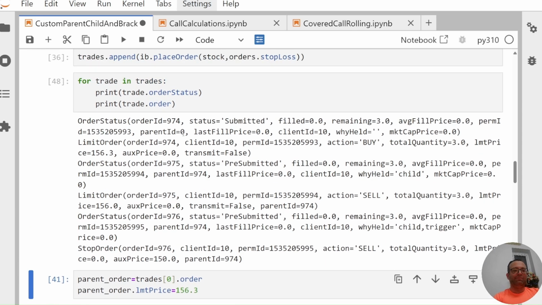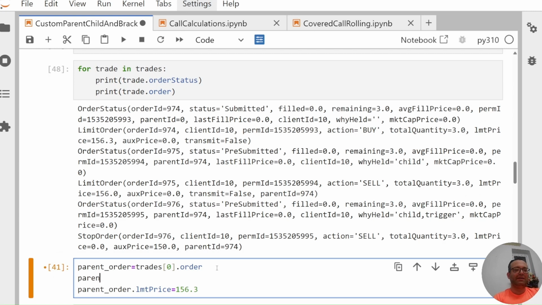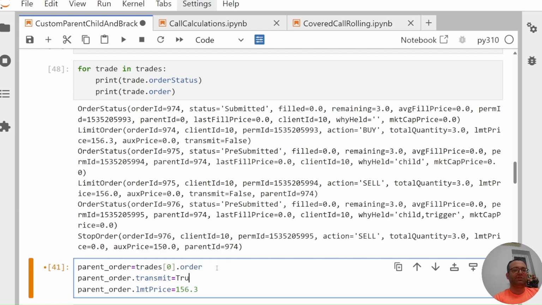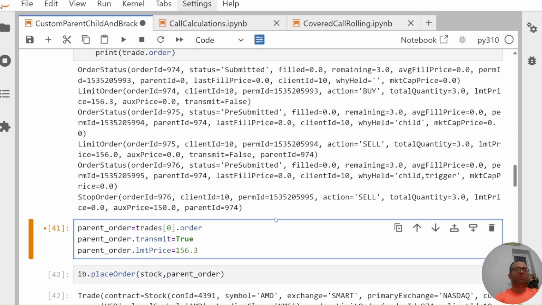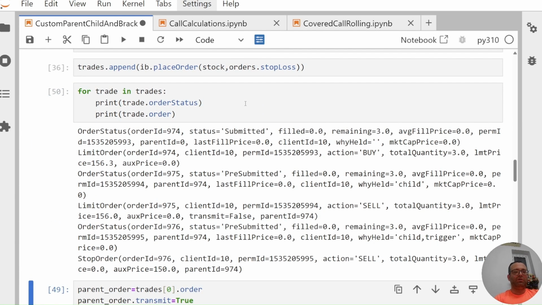So I think I know why. Maybe I need to do this. Good thing I caught myself, because this had a transmit equals false still. I need to make this transmit equals true if I just alter the parent order. Of course, if I alter everything together, it'll get transmitted because the last thing has transmit equals true. But the parent order had transmit equals false. That's why it was not submitted. Good catch. So now if I print the orders, I get